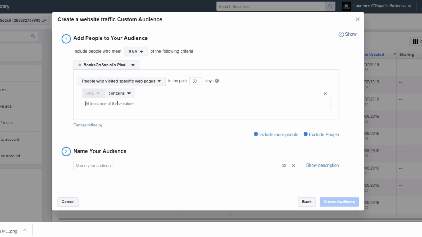So if you're doing Facebook ads yourself and you want to get a lower cost of conversion, and it can be 25%, some studies have shown that the cost of conversion, which means the cost of getting someone to buy your book, can be decreased by 25% by doing remarketing. It can take a month or two to build up this audience. So it's really useful if you're going to do Facebook ads long term. But if you're doing them long term and you want to get good value, please set up a remarketing audience.